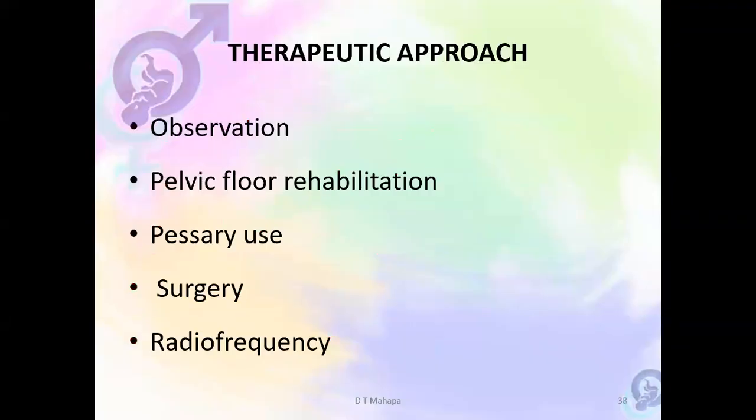The treatment of all that I described before, the first treatment, you don't jump on it, you observe. Is it progressive? Is it severe enough? You grade it. And if it's mild, pelvic floor rehabilitation by physiotherapy is enough. You might just win. But if it's moderate to severe, you might have to resort to surgery. If the woman is not fit for surgery, or is not ready for surgery at that moment, you can use a pessary to buy away time.